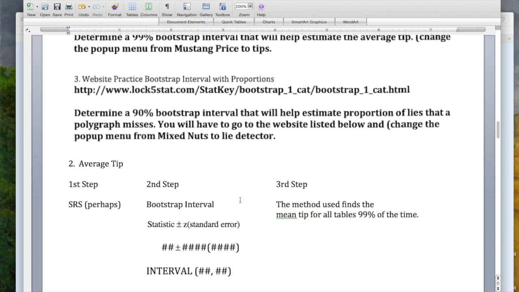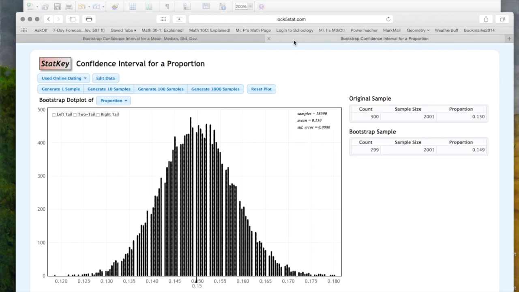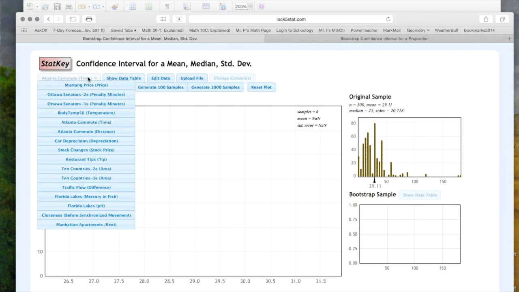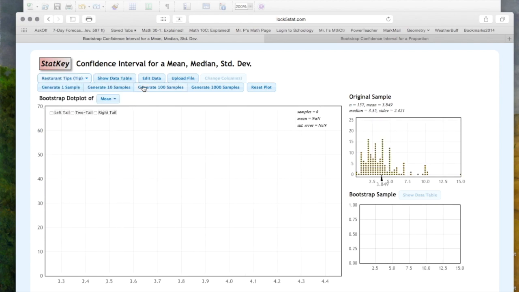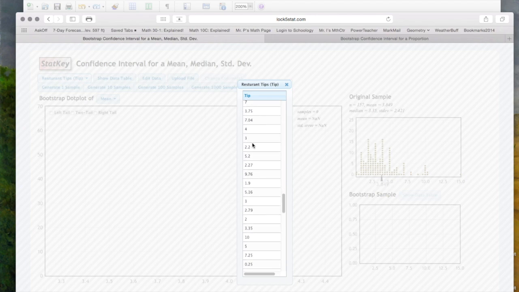I just need to take a little trip to the internet here and find the right website. Since I'm looking for the average, I'm not going to use the proportion website. I'm going to use the one that goes along with the averages, and the data is already preloaded on here. So we're going to go to restaurant tips, and I can actually take a look at the data table. There's a list of all the tips that were collected